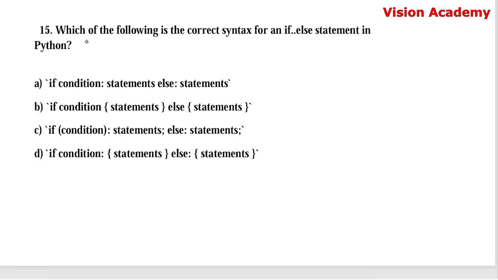Question number 15. Which of the following is the correct syntax for an if-else statement in Python? Option A, if condition colon statements, else colon statements. B, if condition statements under curly open and closing braces, else statements under curly open and closing braces. C, if condition in a braces colon statements semicolon else colon statements semicolon. D, if condition colon and statements in a curly open